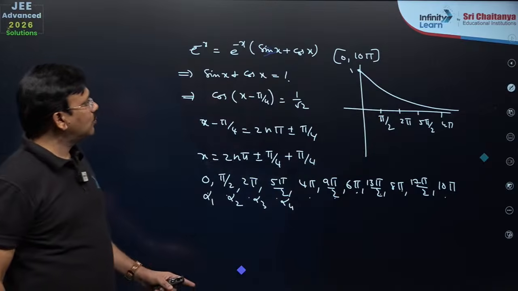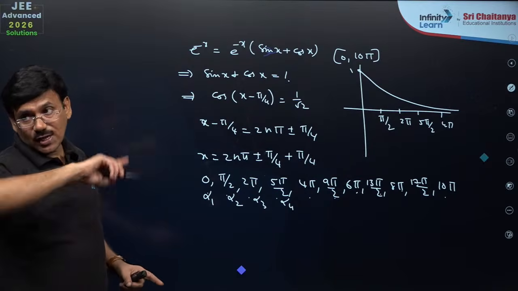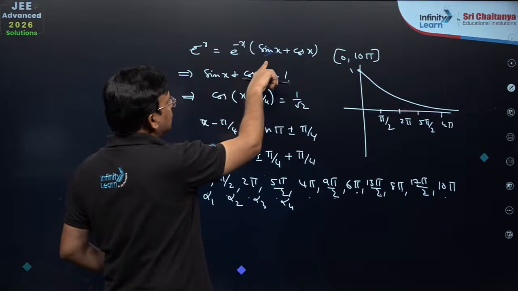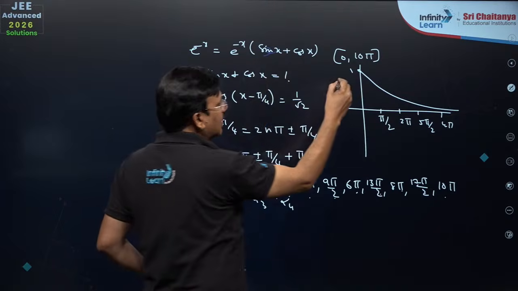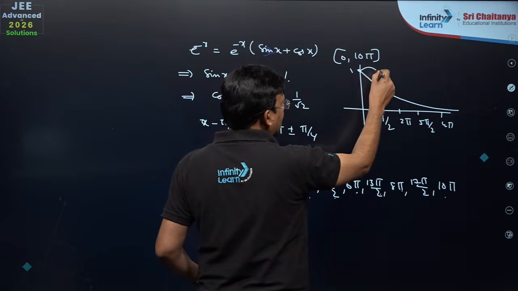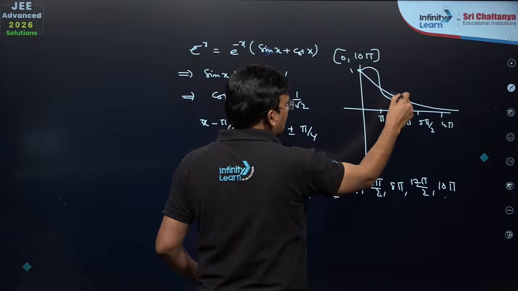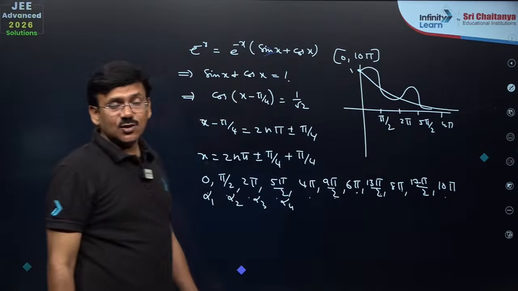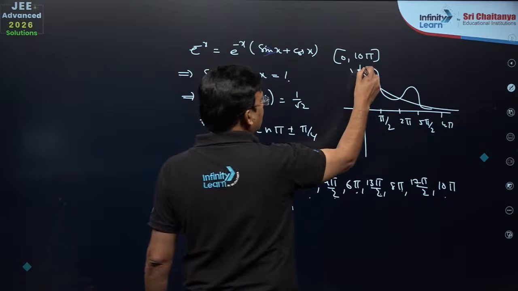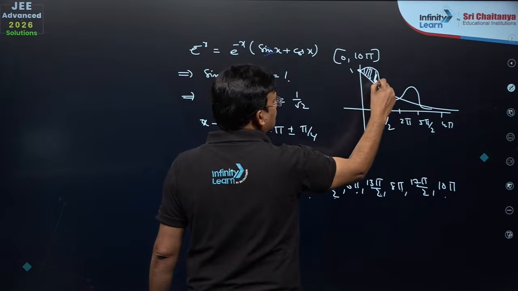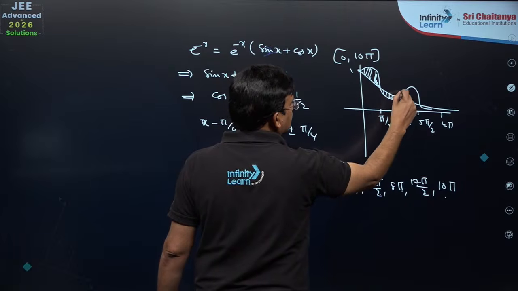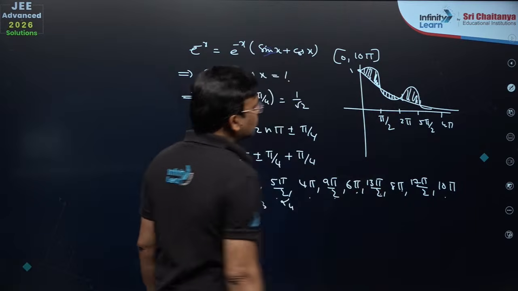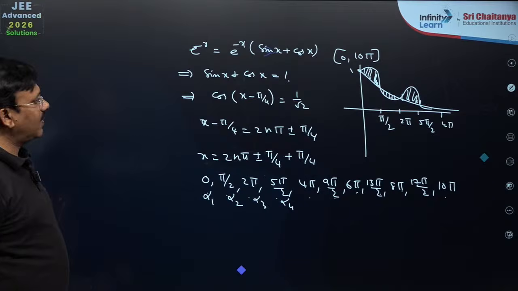You see, from 0 to pi by 2, the value of sin x plus cos x will be more than 1. So e power minus x into something more than 1 means it will be above, and it cuts here, then comes down, cuts here, goes like this. So he is asking us to find the area enclosed between these two curves. So this we can find by taking